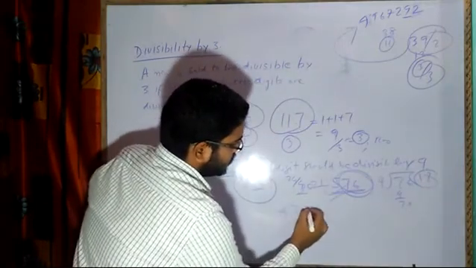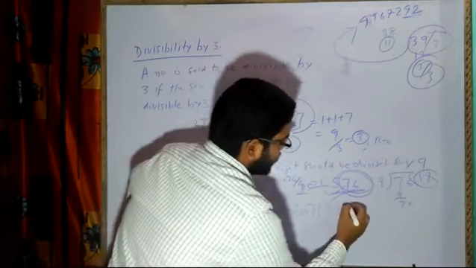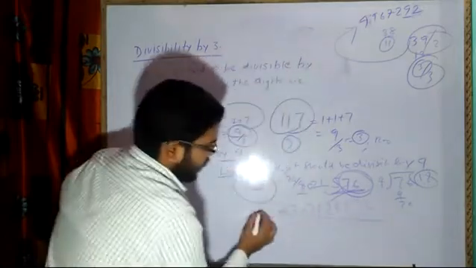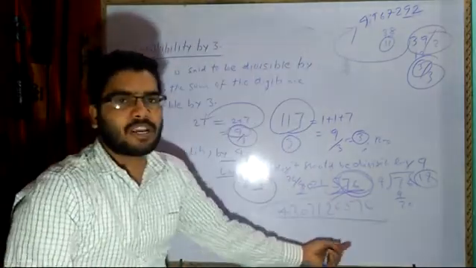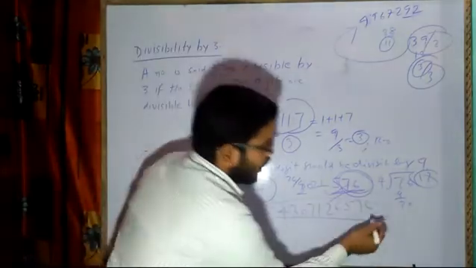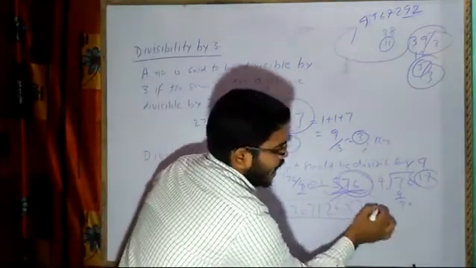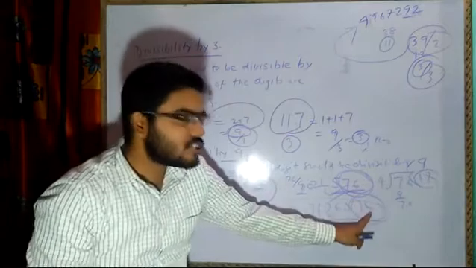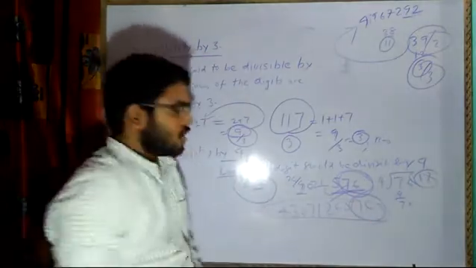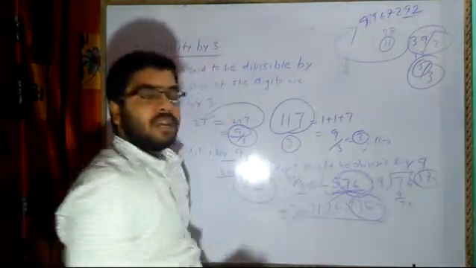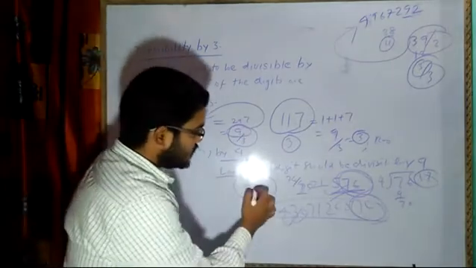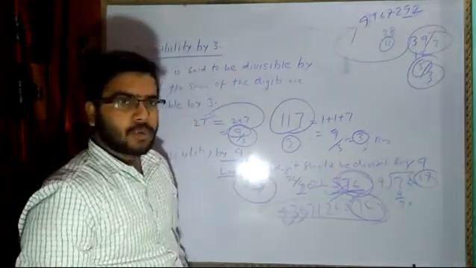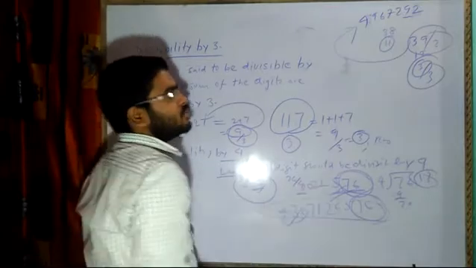Suppose 4, 3, 0, 7, 1, 2, 6, 5, 7, 6. Now is it divisible? Sir, this is a very big number. How will we say? No, you have to just see the last two digits. You have to divide on the rough side. Is it divisible? Yes sir, it is divisible by 4. That means the entire number will be divisible by 4. Understood? Now divisibility by 5 is very easy.